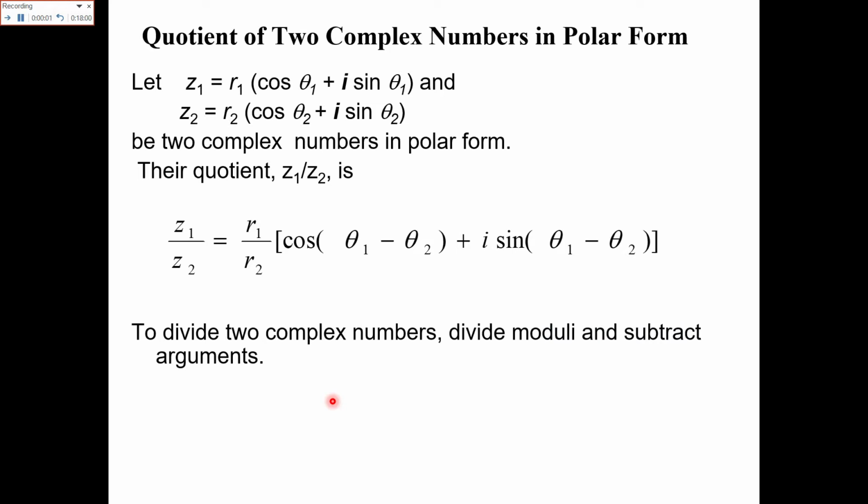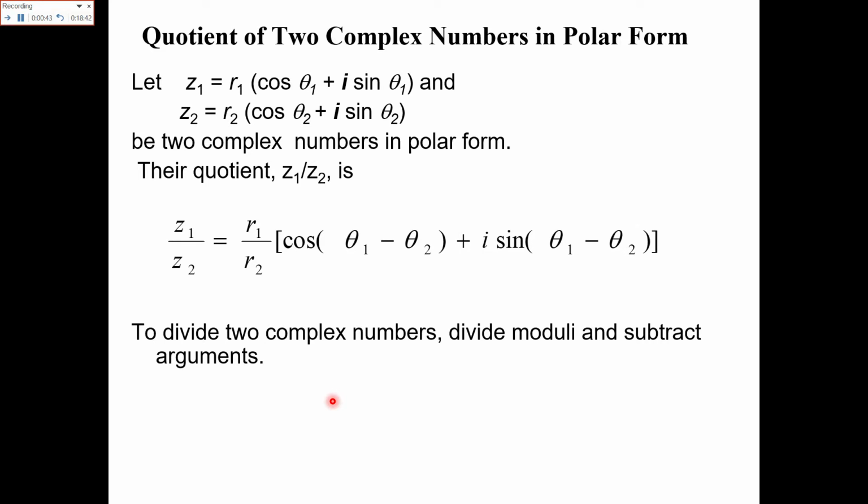Now the quotient of the two complex numbers in the polar form. As you have the quotient of the simple complex number, what we will do there, we will basically remove the complex part from the denominator. And how you will get that, you will basically multiply the numbers with the conjugate of the denominator. But in case of numbers in the polar form, like here, z1 is equals to r1 (cos theta 1 plus iota sin theta 1) and z2 is equals to r2 (cos theta 2 plus iota sin theta 2).